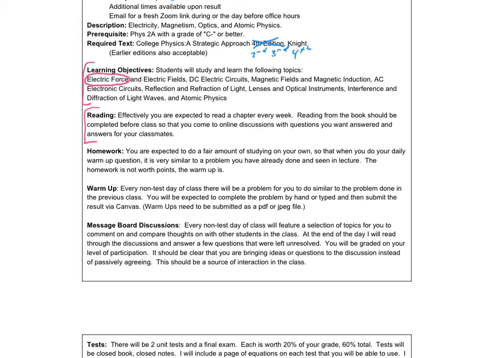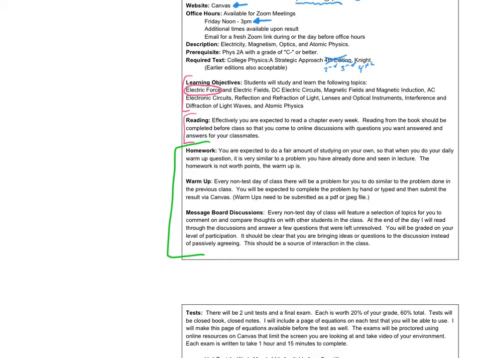Homework. Homework falls under all of these sections right here. There's homework as in what I think you should be studying. And everything that you study doesn't mean that you need to turn everything that you study in. The only thing that I want you to turn in are the warm-ups and making entries on the discussion message boards. You're going to see an example of the warm-up next week on Tuesday, because that's when the first warm-up is available.